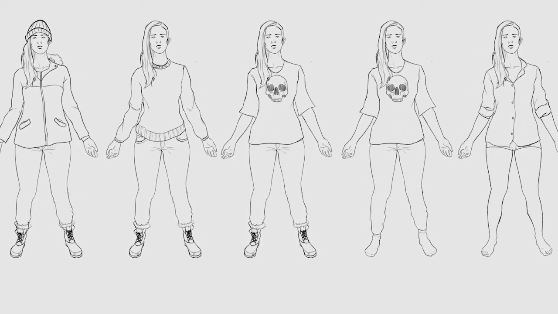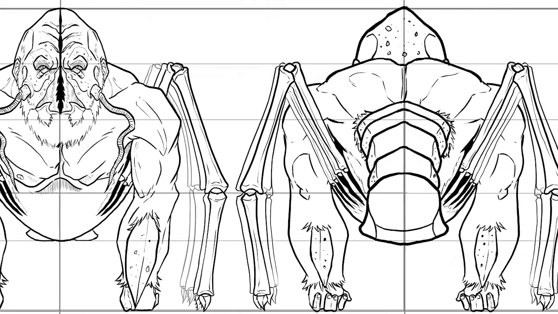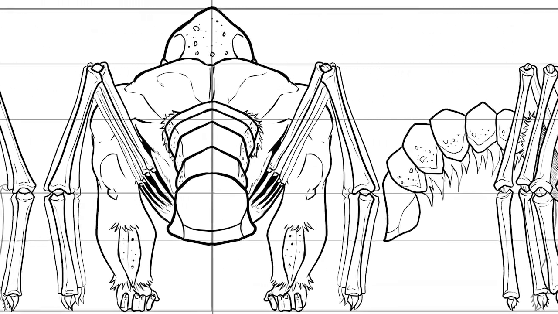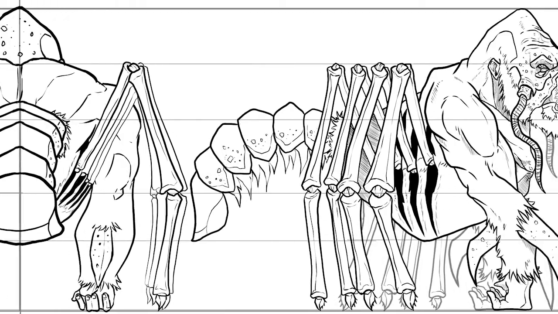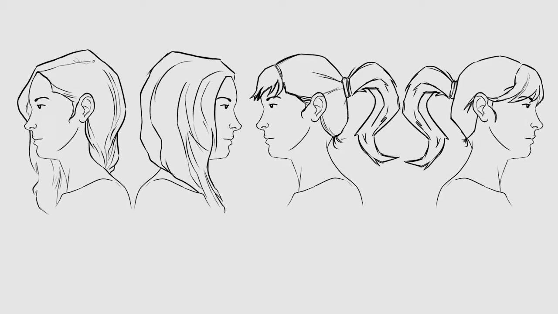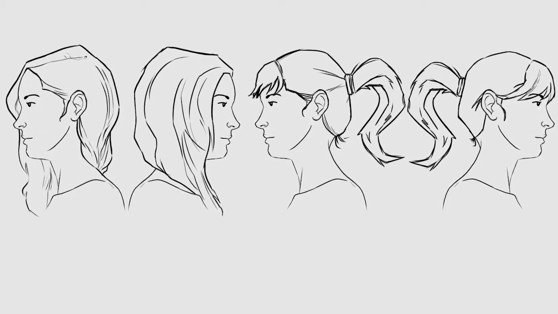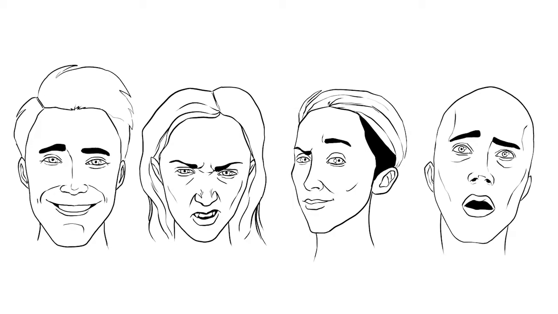Sometimes that's enough, but sometimes you might need a forwards and side, sometimes you might need forward, side and back, sometimes you might need forward, side, back and 3/4, maybe top, maybe bottom. It entirely depends on the character and how much information that you need for your reference. And in addition to that, you'll also want close-ups of the face. And again, you might only need a front face, maybe front and side. Now, to take this one step further, you might also want to have the close-up of the face in different expressions as well.